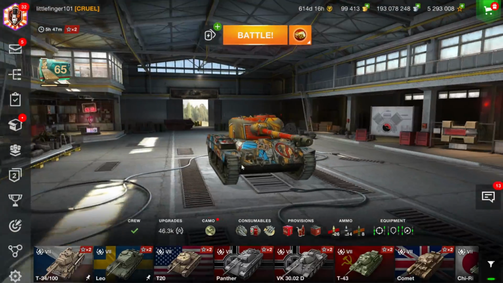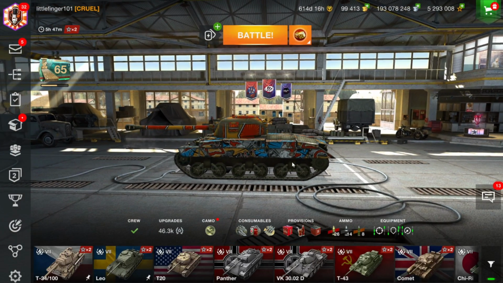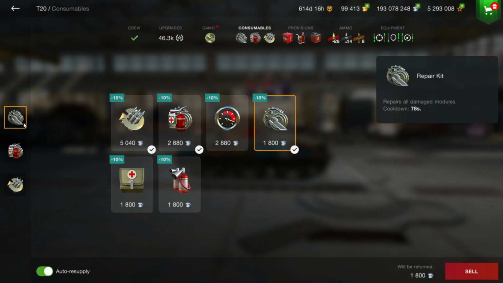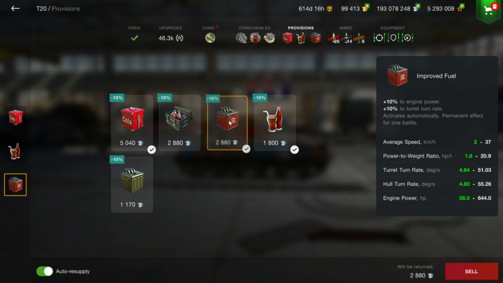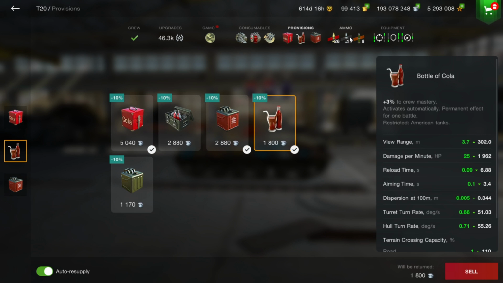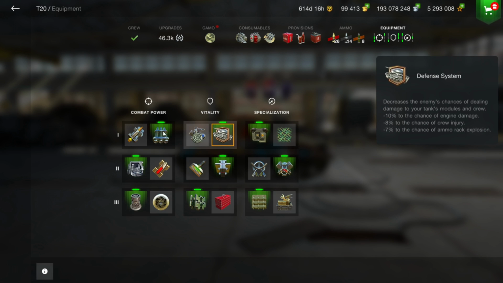As I said, this was one of my first tanks at this tier, and you have to be very situationally aware to play this tank well, and we'll get to that as we go through gameplay. But as for my setup: repair kit, multi-purpose, and adrenaline, running case of cola, improved fuel, and bottle of cola, 26, 14, and 8 APCR. I love it. As far as your premium ammo, making sure we're buying that with credits. And then as far as equipment,